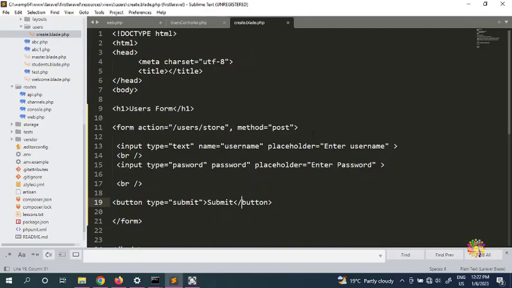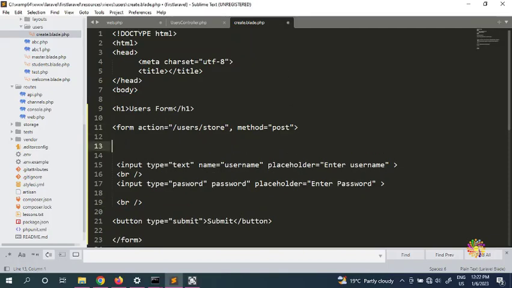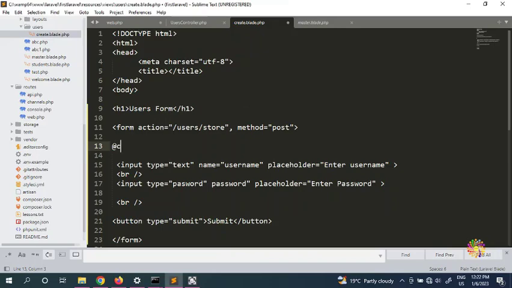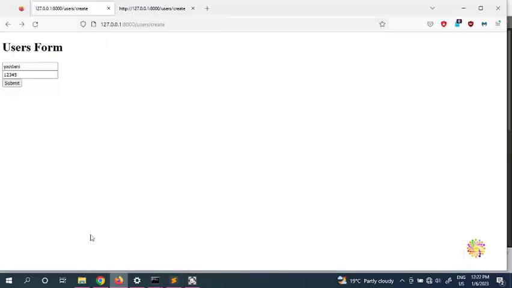So how do we put a CSRF token? You need to put it here, just like with your master, you look and put here @csrf. That's it. All you need to do is just put @csrf. So you come and refresh, and now if we go and see,